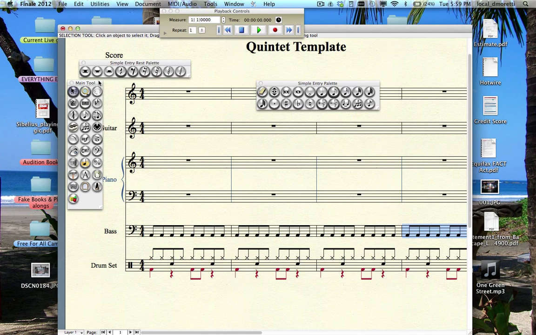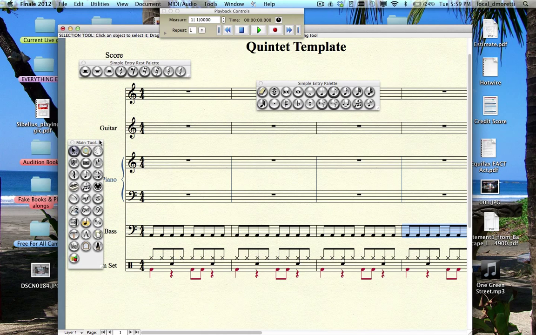Okay, now this is called rhythm notation for the guitar. Let's say the guitar was going jang, jang, jang, jang, jang, jang, gang, gang on 1 and 2 off of 3 and 4. So first I'm just going to put in quarter notes on the guitar, and then I'm going to put an eighth rest here, the eighth note off of 3, eighth rest on 4, eighth note off of 3,